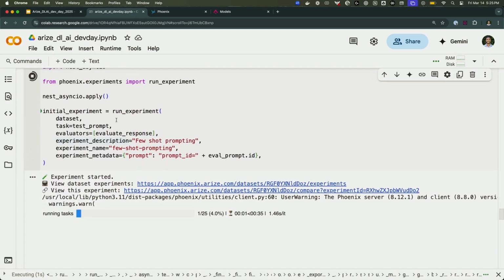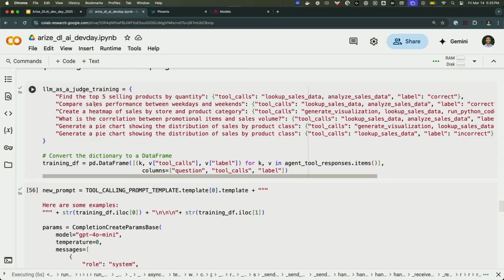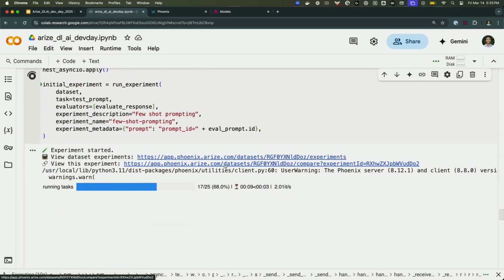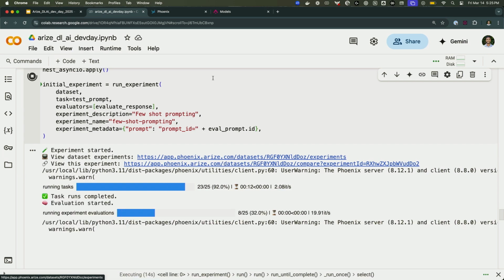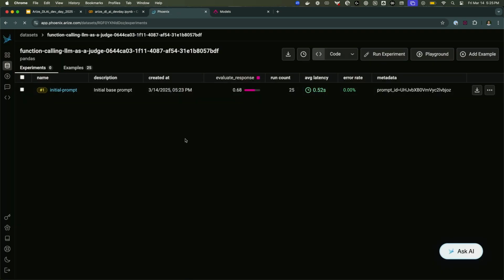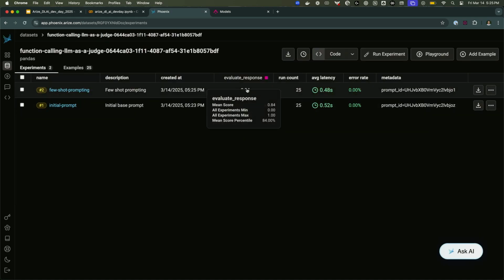And now I'm running an experiment where I'm running this new prompt, pulling some data into the prompt itself. That's what the evaluator is doing right now. So it's actually using data as examples in the prompt. All right, wow, that's pretty good. I'll just go ahead and refresh the page. You can see that we've gone from 68% to 84% just by giving a couple of rows of data. This is like 3 or 4 rows of data.